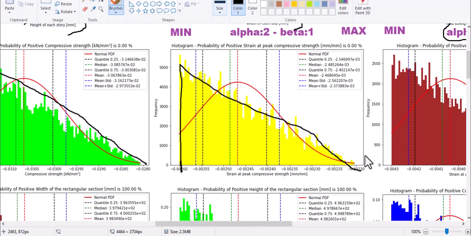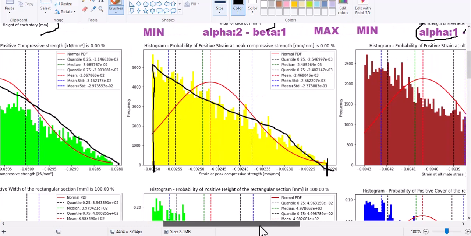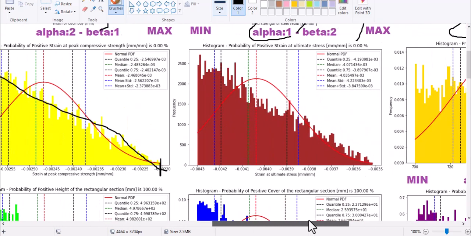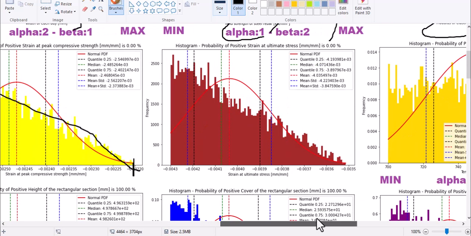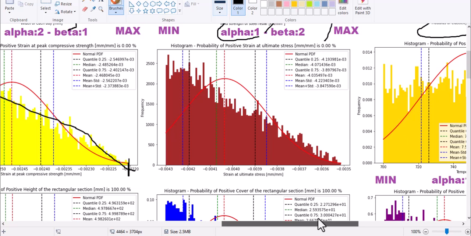So we must define the minimum and maximum, as I told you, and also alpha and beta coefficients for these beta distribution functions, and also ultimate stress of this concrete